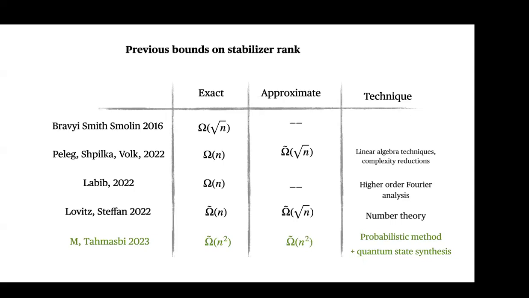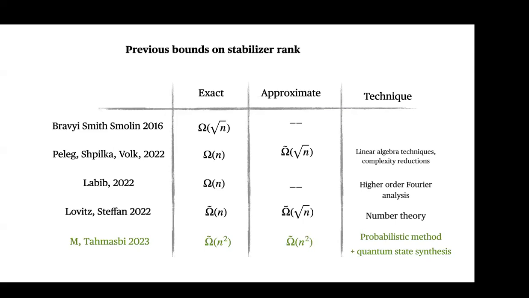Bravyi, Smith, and Smolin in 2016 proved a square root of n lower bound on the exact rank. And recently, three works using three different mathematical ideas proved a linear lower bound on the exact rank and basically a square root of n lower bound on the approximate rank. They use different ideas such as higher order Fourier analysis, number theory, and linear algebra, but all of them stop